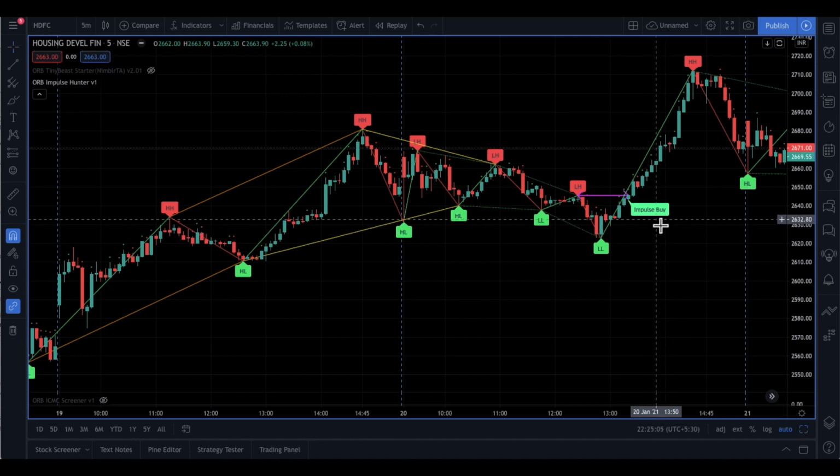And when I go on the label here, I will find that it will give me the various targets, the stop losses, and the DTR. So this indicator incorporates the DTR, the daily trading range which we have in Nimblr TA. It is incorporating that particular concept, and it is giving us trades and targets based on the DTR. And of course, it also includes the stop loss based on the higher time frame. The HSL stop loss is also included in this indicator.